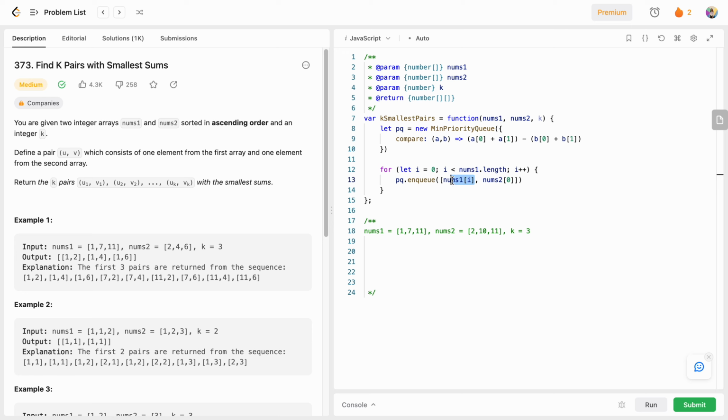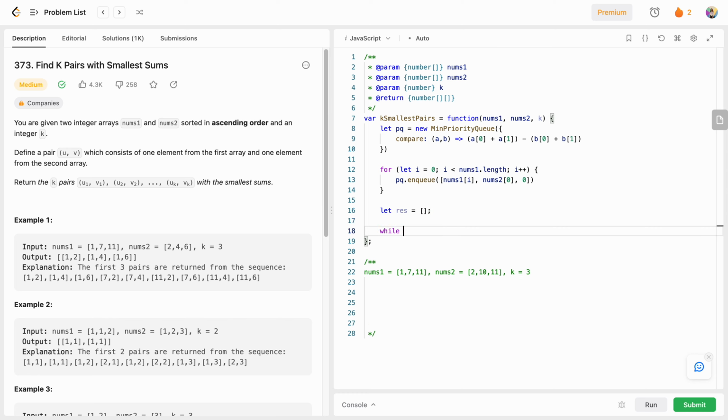So each of the elements of nums1 with nums2 at index 0, and the index of nums2. Okay, and now next let us create a result array where we are going to store our result, and